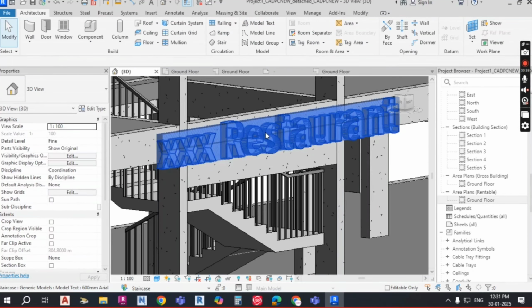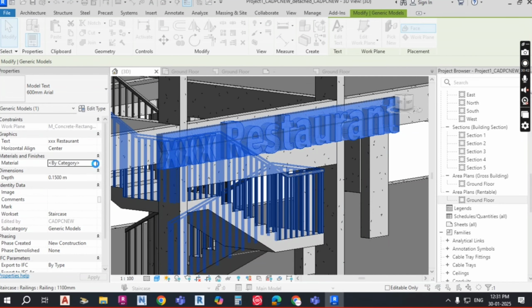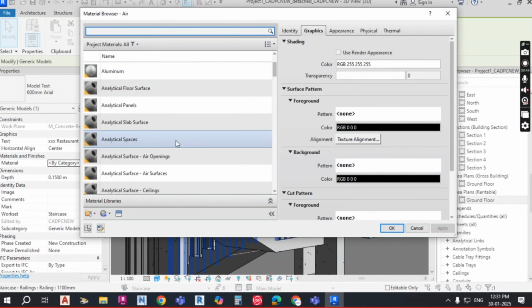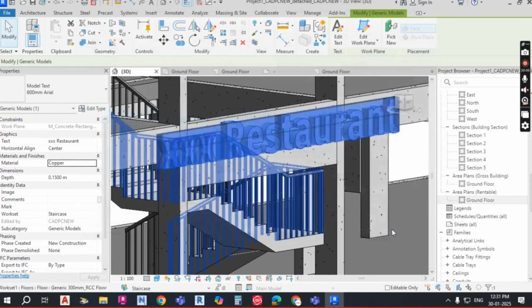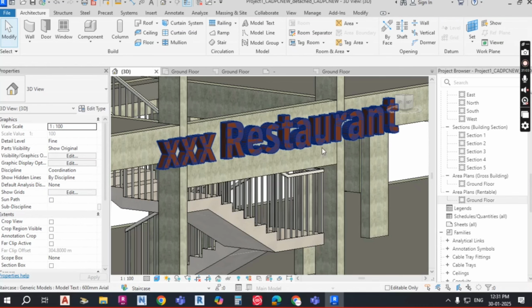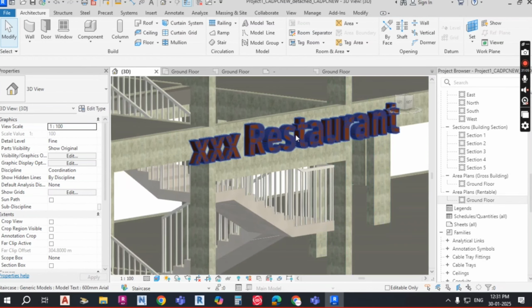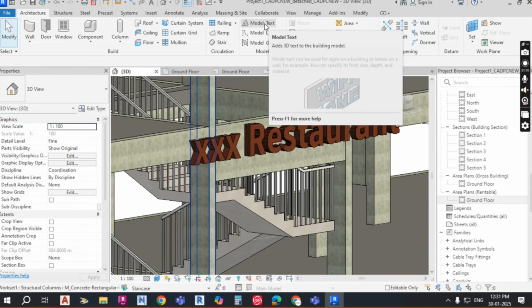And if you want to give some material also, you have to go here to material and just click here, and you can get the material here. So which type of material you require, you just go and place it. So that color, that view, is going to be reflected. Whatever material you have assigned here for the text, that material, that color, is going to be applied. So this type of text, if you want to write anywhere in the building, you have to go to model